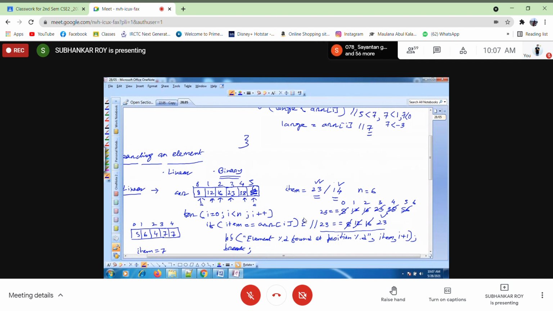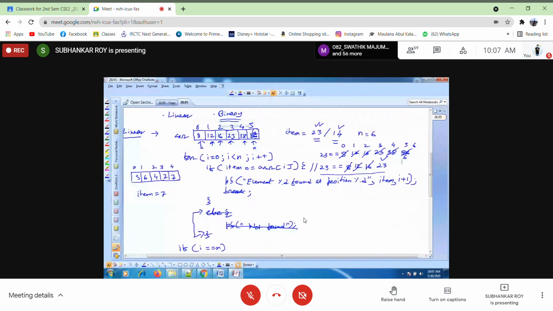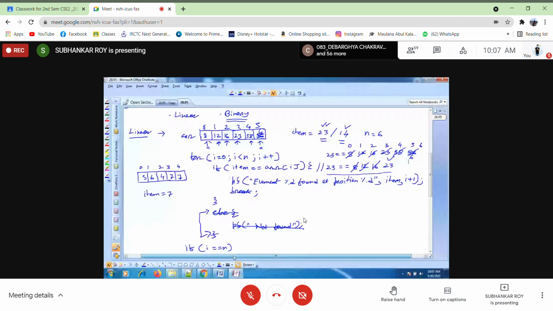We have 8, 12, 16, 23, 38 and 6. Now are they in sorted order? No, sir. Not in ascending, not in descending order. So there is no such criteria on whether the elements will be in sorted order or not in case of linear search.